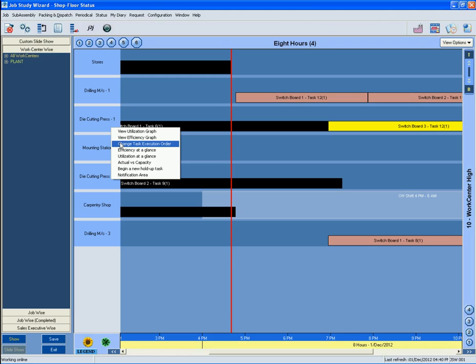Change task execution order. At any given point in time, a Work Center may have more than one mature task lined up for execution on it, depending on how many tasks the said Work Center can handle at a time. These tasks are ordered first according to the job priority and within a job by the future burden each task has. Tasks with higher future burden are taken up for execution first.